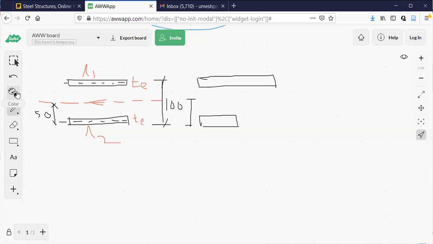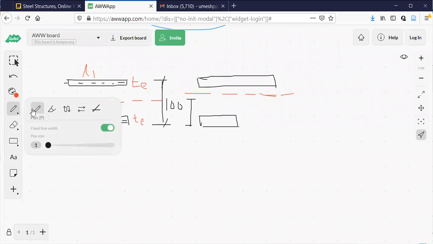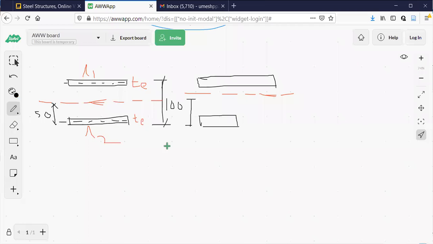It will shift. The combined centroid of these two rectangles will be somewhere here, just like an I section. So the centroid starts shifting as the area increases, and it becomes nearer to the larger one. This centroid line is the combined centroid of these two rectangles. For more clarity, I'll show you a simple diagram. Observe this one here.